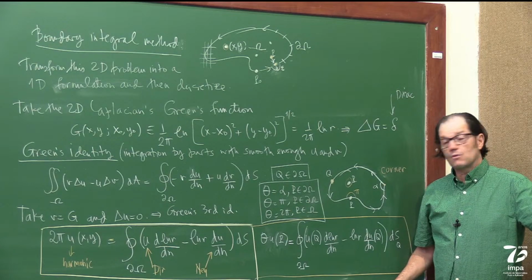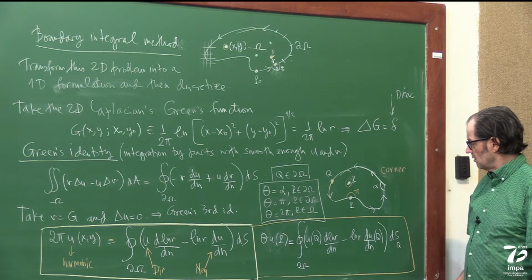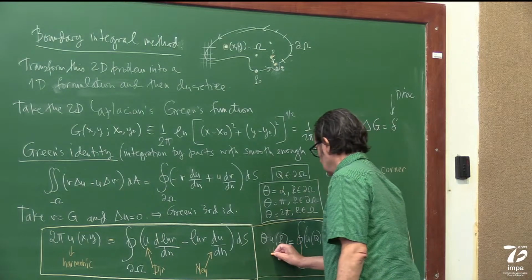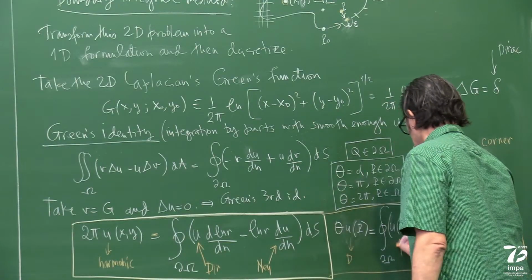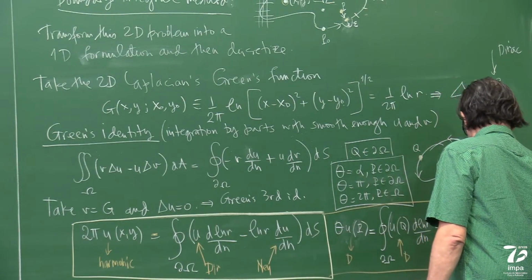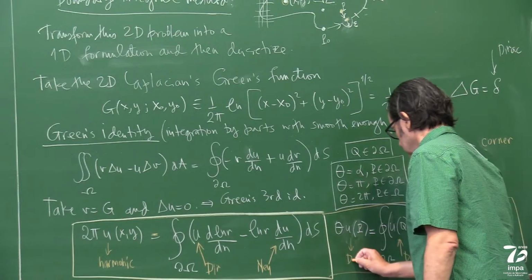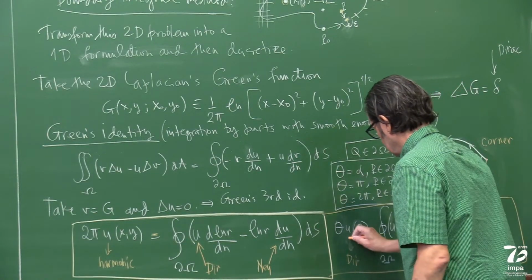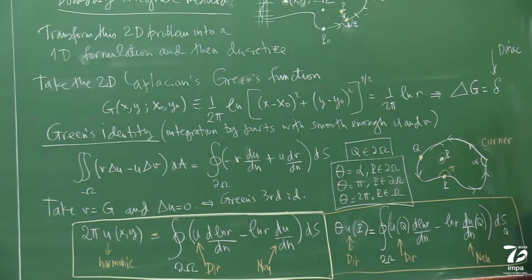Now look why this is important. Because now I have here my Dirichlet condition, and my Neumann condition, okay? And if I have one of these conditions, I can find the other by discretizing this relation. How is that? So you see, and